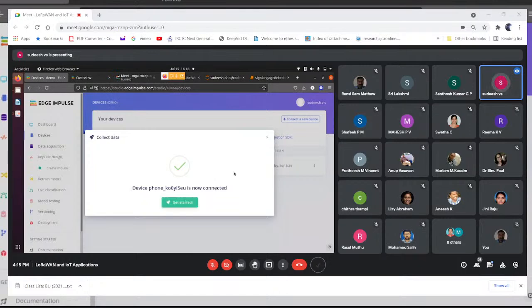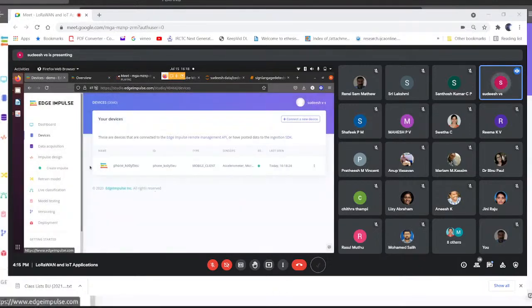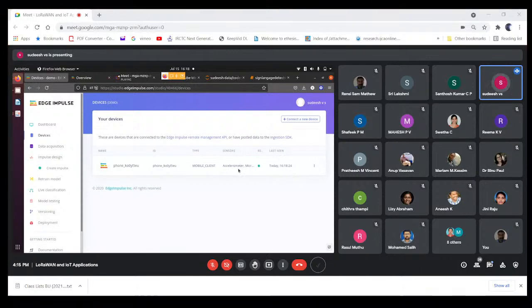So we can start. It will show your mobile is connected here. There is the mobile client available, and your sensor details are listed there. What sensors are available? The next one is data acquisition.